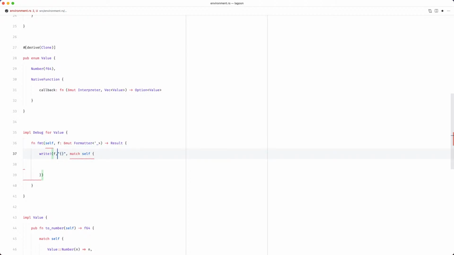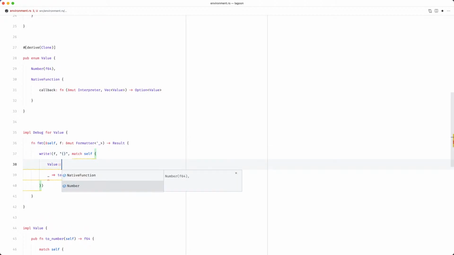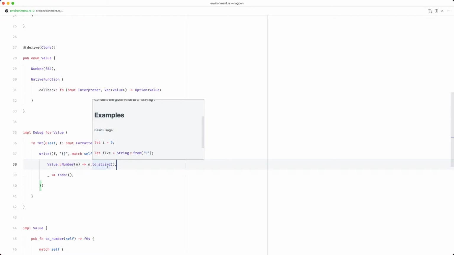We're going to write to the formatter, and this is going to be to do for now. We'll get a reference to ourselves instead. We'll say if we're a value number n, we'll do n dot toString. Does that work?